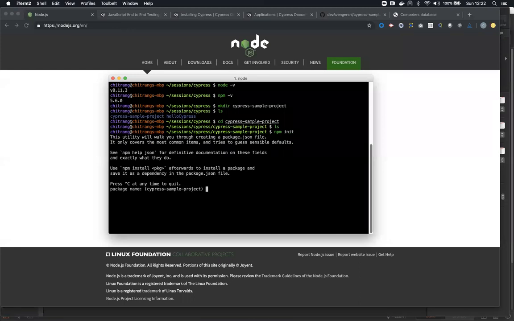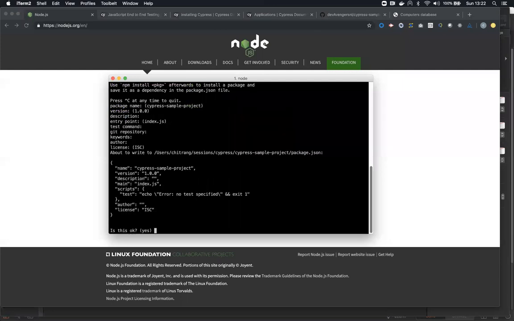This file, if you know Java, is similar to your pom.xml, or in Gradle, it's the same as build.gradle, where you define your repository block with the dependencies. It's a dependency manager tool, and npm itself is called node package manager. So the package there is the artifact which it will install in your machine. Once you do this command, just hit enter for now. It will create a sample